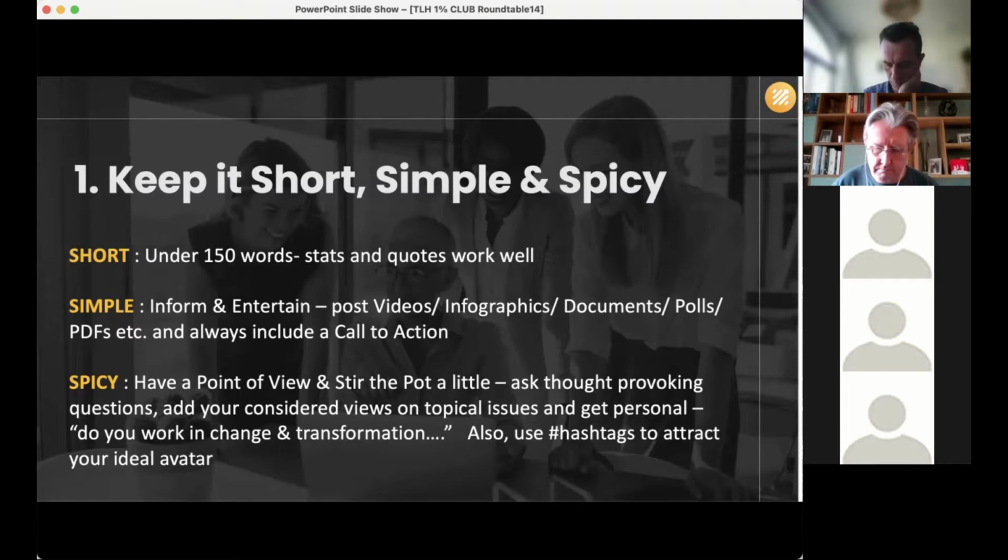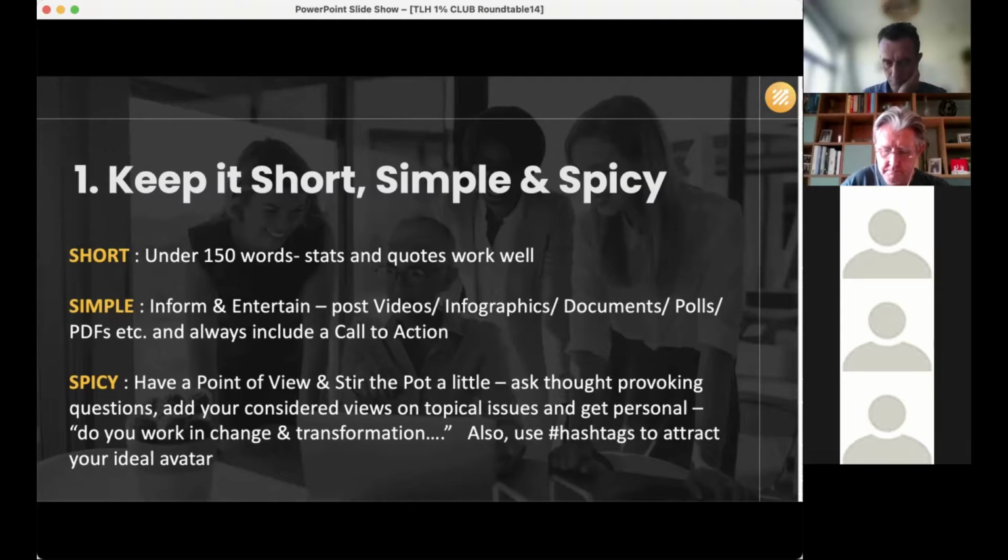LinkedIn app. So the ways to do that: ask a question, use some topical or newsworthy items and share your thoughts on them, and get personal. I tend to start a lot of my posts off by asking people if they work in, or are involved in, change and transformation.